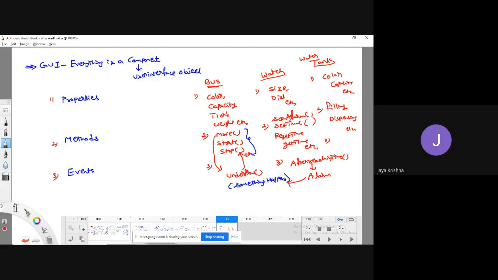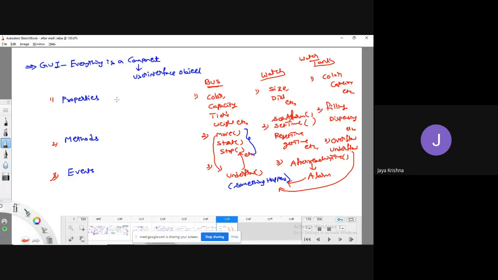What about the events? Whenever we are performing the filling operation, if the water is full, it will show some kind of operation like an overflow operation, meaning this event is going to be raised without involving us. Similarly, whenever we are dispensing the water, if at a certain time there is no water, it is going to show an underflow operation. This is also something that happens. That is what we call an event.